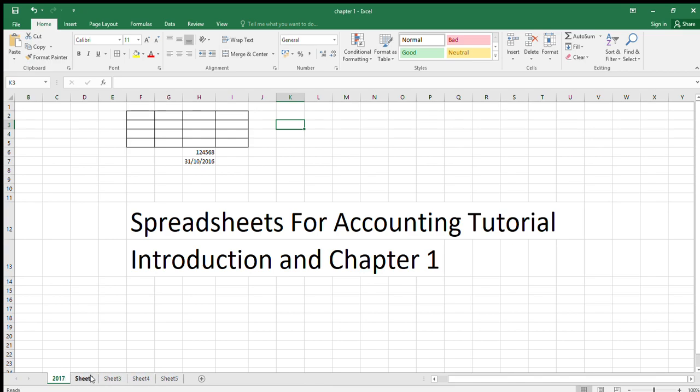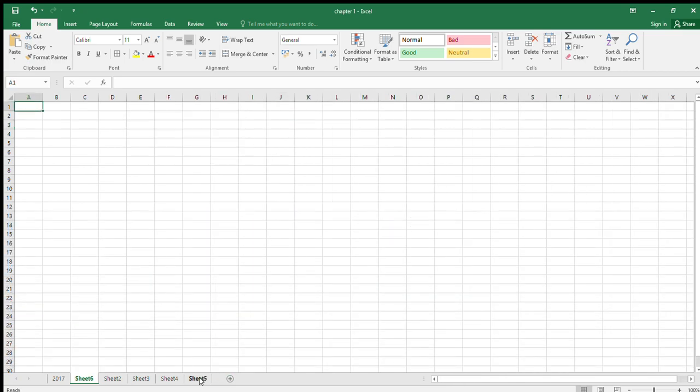When we create a new workbook, it will create at least one sheet in there. Remember we had one in there at the start. We can add more, and we add more in by using this new sheet. So click on that, and you'll see that more worksheets come in. Okay. So we've done that. So that's on page 7. We add in some more worksheets in here. We can delete them. It says delete them from the home menu